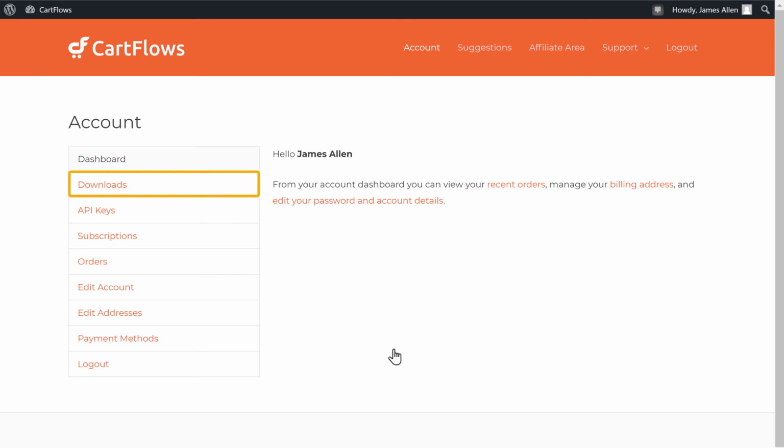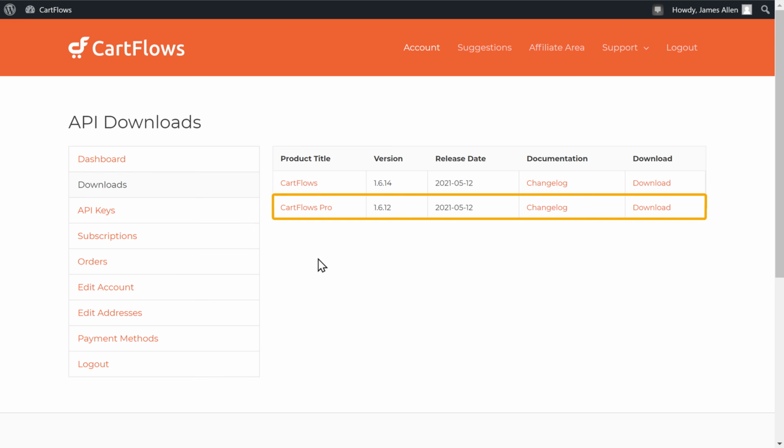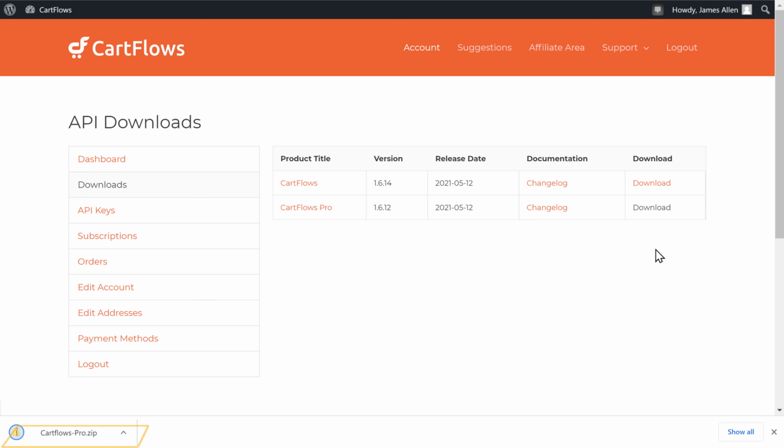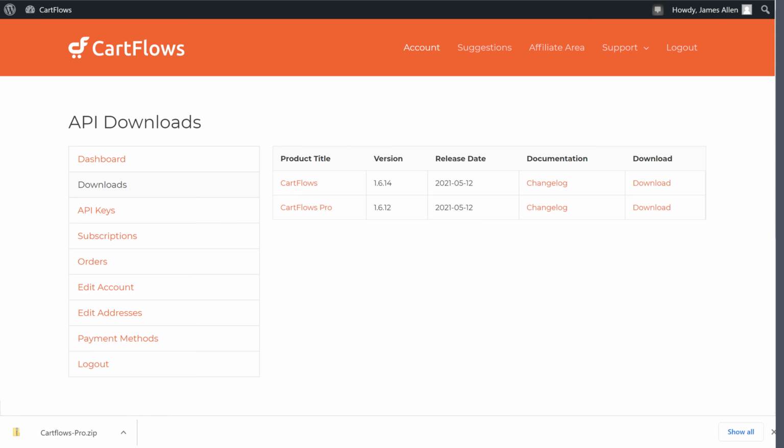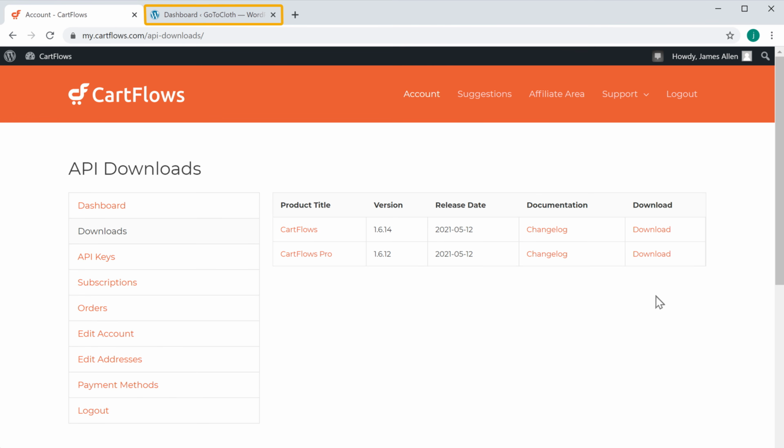Now go to Downloads and here you can see that we have got our Pro plugin. So to download this plugin, let's click Download and the plugin will be downloaded to your computer. Once you have got the plugin, we can go to the second step, which is to install this plugin in WordPress. So to install this plugin,